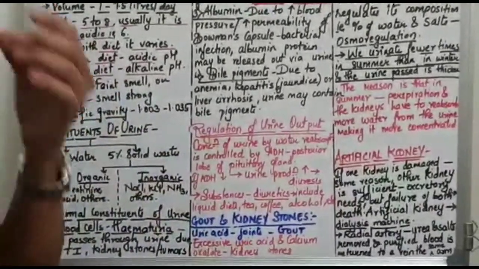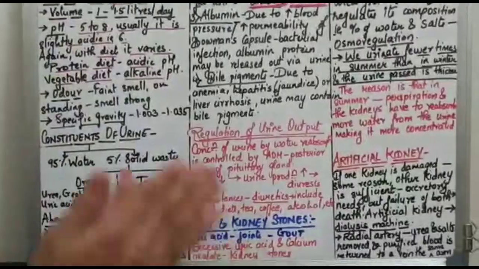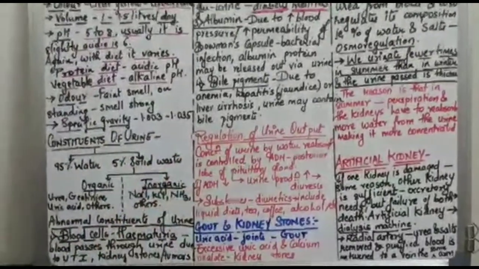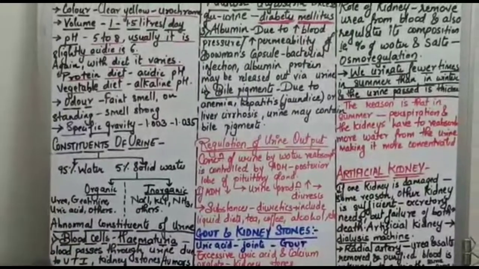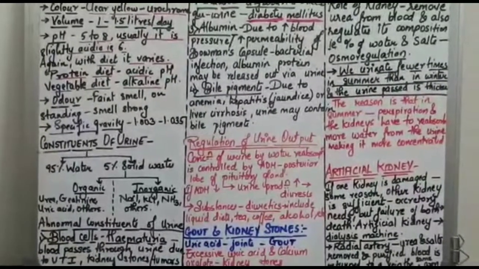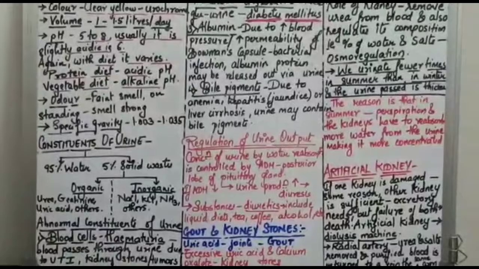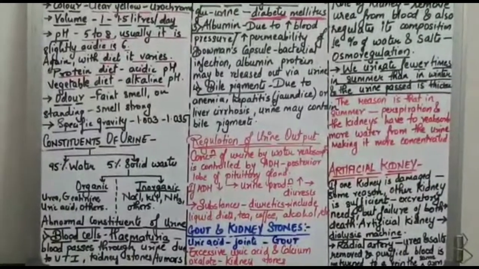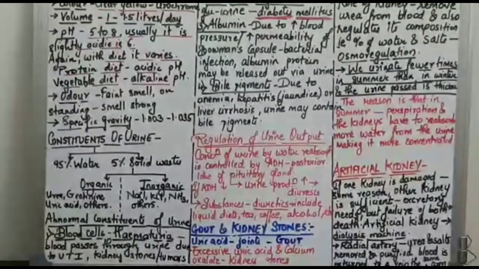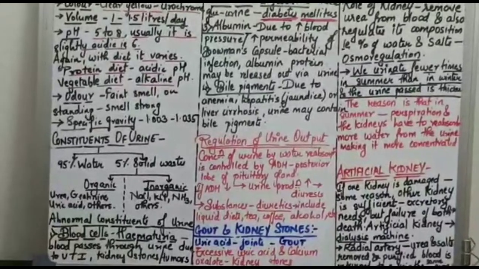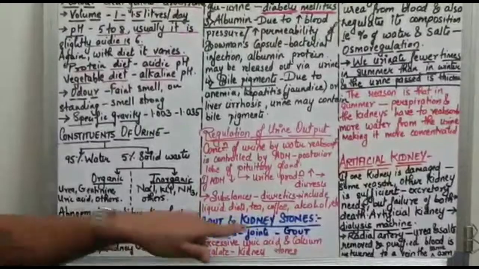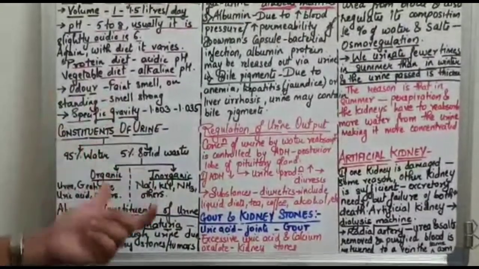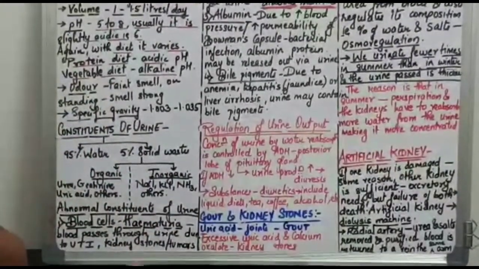What if there are some other substances which are seen apart from these chemicals? First important substance which can be seen is blood. If a person shows blood in the urine, then the person is suffering from a condition called hematuria. Okay, hema means blood cells. So hematuria is nothing but blood passing out through the urine, and that is generally seen in the conditions of UTI.